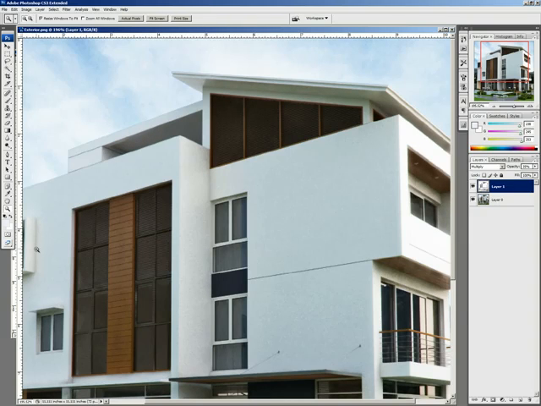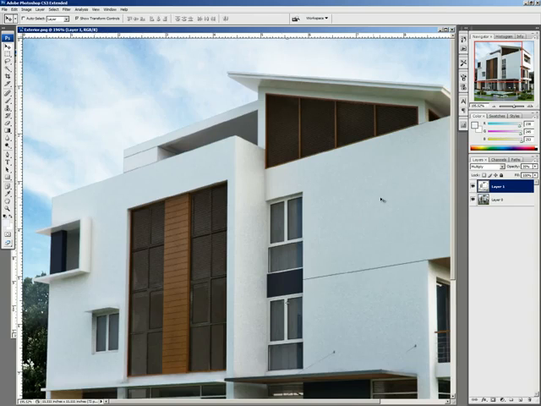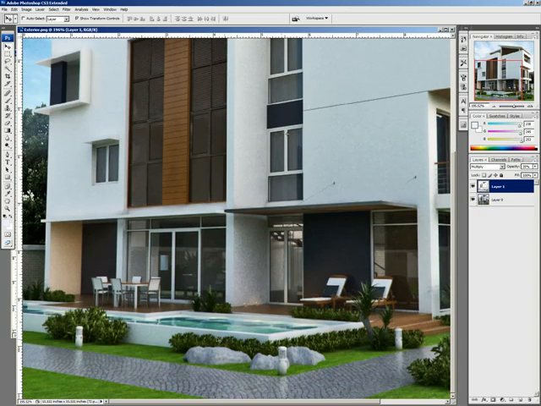Also, you can see here in this corner how we have more details. See, without ambient occlusion and with ambient occlusion. Also, if you look here in the pool in this corner, because this corner is very small, we lost the details. Right now we don't have any details in the corner without the ambient occlusion pass, but when I enable the layer, you can see all the details here in the rock. You can see these shadows in the rock, and also the lights here have kind of a dirt effect, and